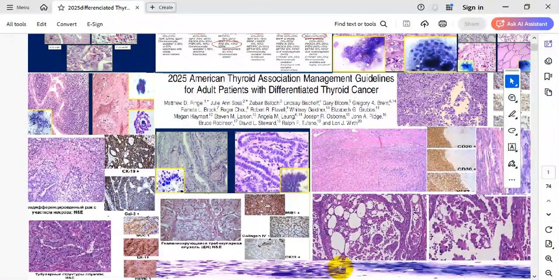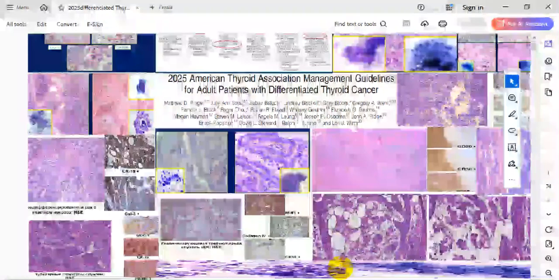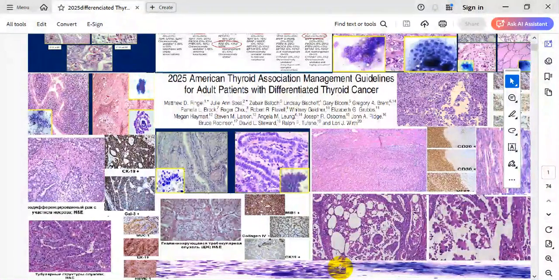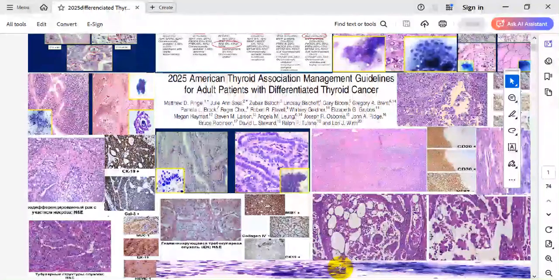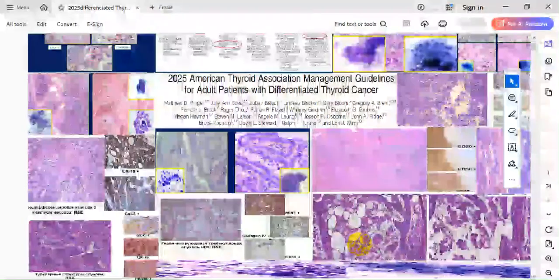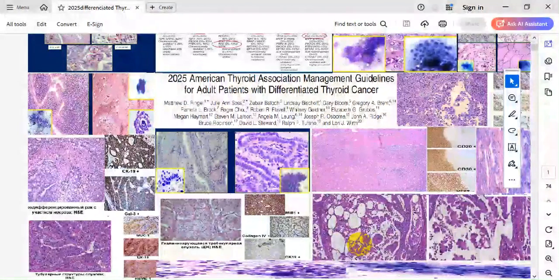In 30% they are radioiodine avid, and also we must not forget rare syndromes like Werner syndrome, Cowden syndrome, Carney complex, and cribriform morular thyroid carcinoma. These must be considered in any thyroid patients. So going for